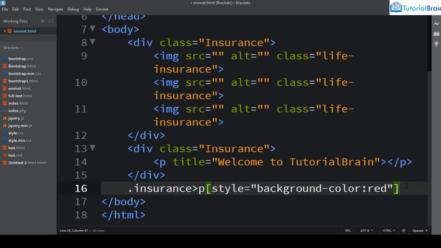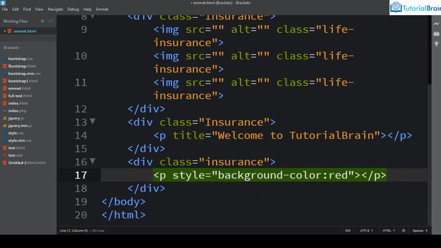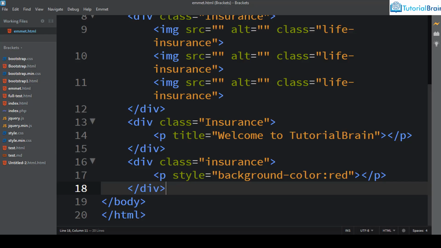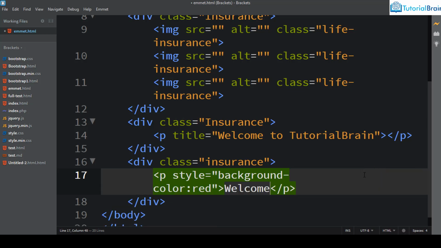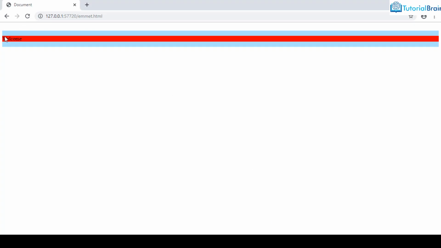Now let me just give tab, and you notice here that it has given style equals background color and then red, right? So let me just save it so that I can just show you the output. Let me just close this. Okay, let me just add something here. For example, let's say welcome, and you see that this welcome is printed in this red color